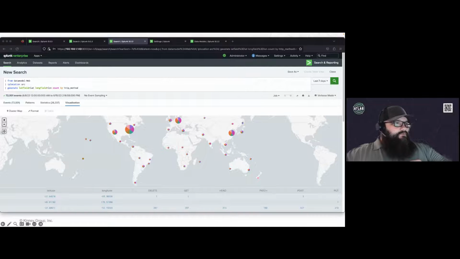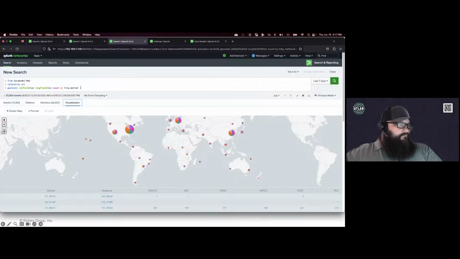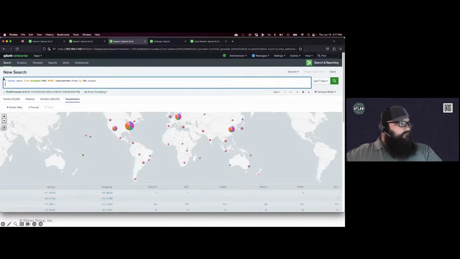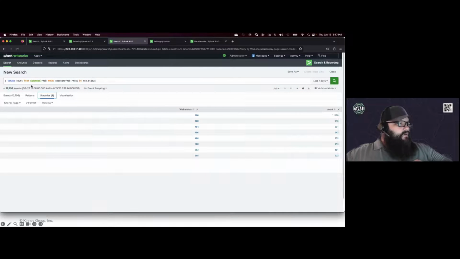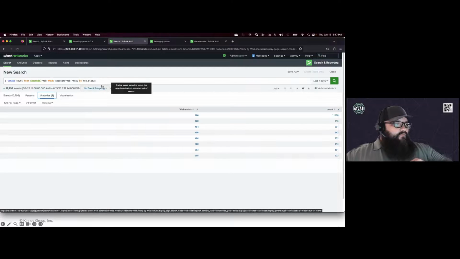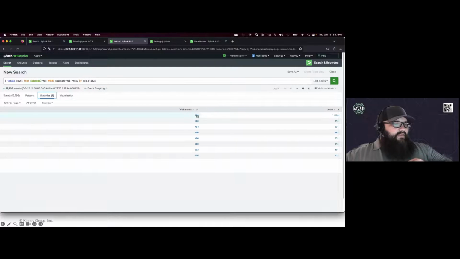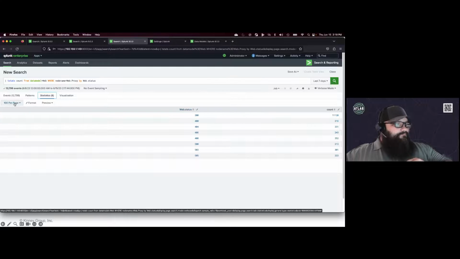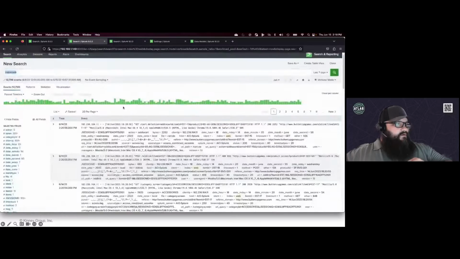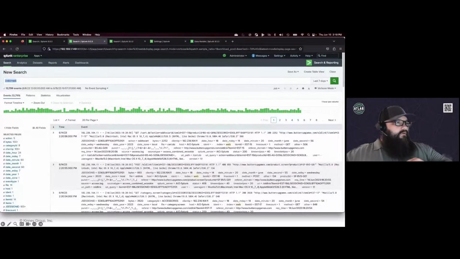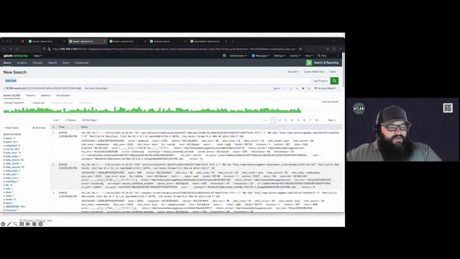Now, the next thing that I want to show you is a simple search. What we're doing here is we're searching the web data model again for the child data set of proxy. And we're pulling the status codes out and displaying the count of them. Now, as you can see, if we go back here and we grab another search that does not use